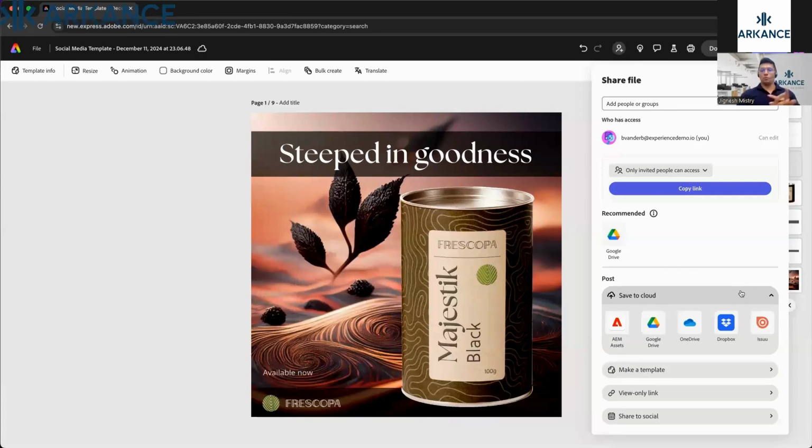Right. So what it actually showed you here is, from a marketing point of view, if you are marketing personnel and you need to do a lot of creatives, Adobe Express could be something that comes very handy and easy to use, to be very frank. And if you are using Adobe Express with access to Adobe Stock, you actually get access to countless copyright-free content. Why am I emphasizing that so much? Because